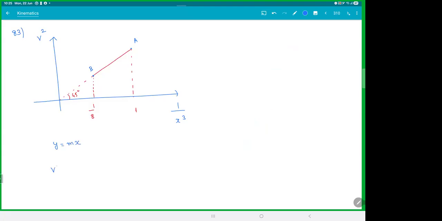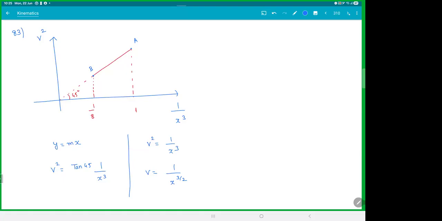In place of y we have v square, in place of m we have slope tan 45, and in place of x we have 1 by x cube. So indirectly, it is given in the question that v square is 1 by x cube, or v is equal to 1 by x power 3 by 2. Now, once you know this,